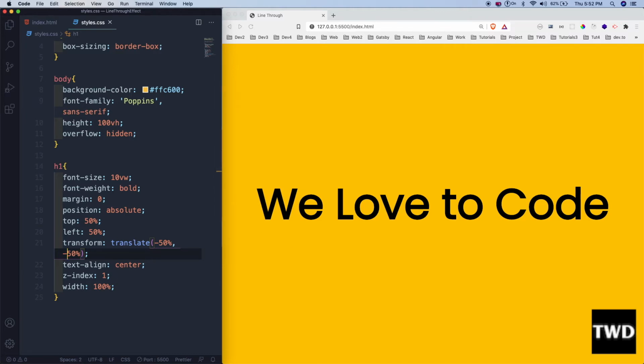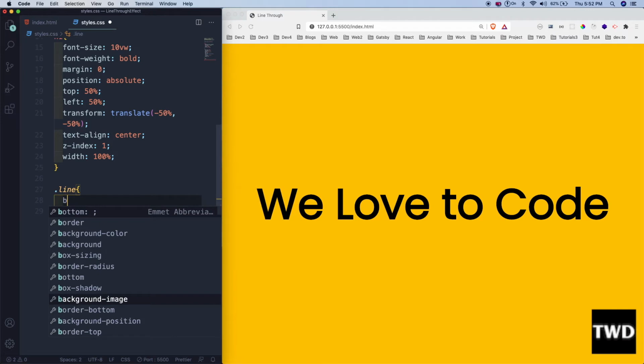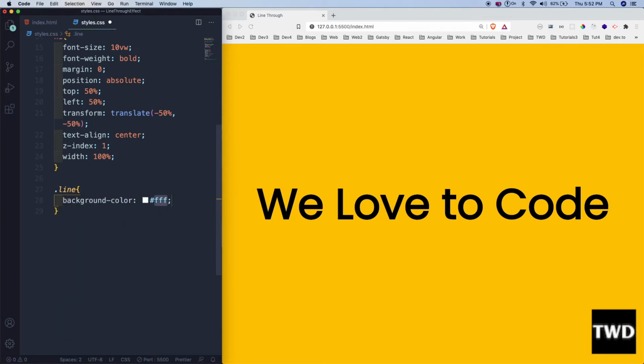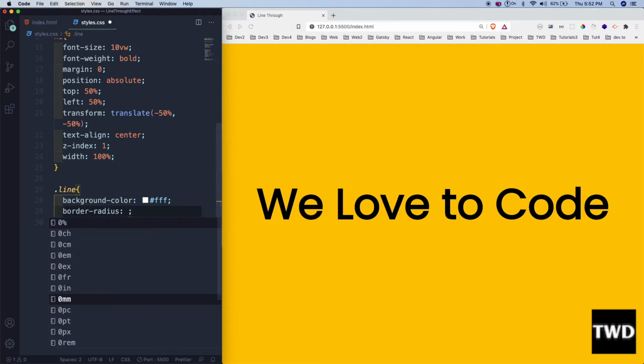So now let's go ahead. For this line through effect, we want a line which should move from between this code, exactly from the middle. So let us do that. Yeah, as I told, there is a bit of CSS involved in this project, but we'll soon go into the JavaScript because it is mainly a JavaScript thing. But yeah, CSS is also there. Background color is FFF. Yeah, it is right. Border radius is coming. It is 50px,